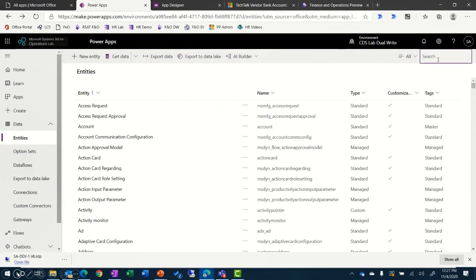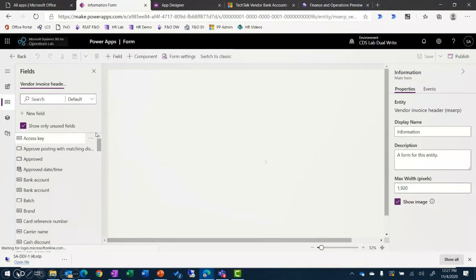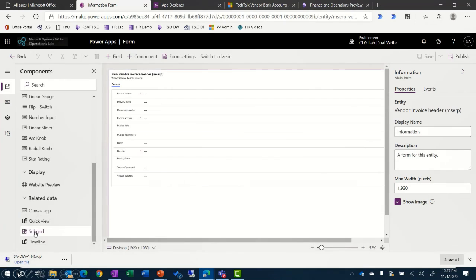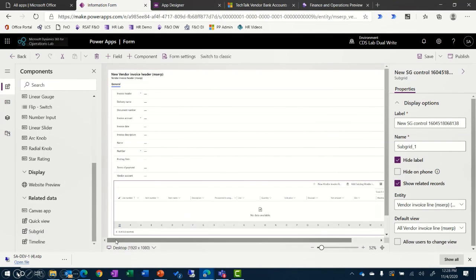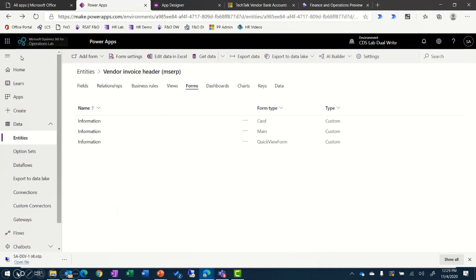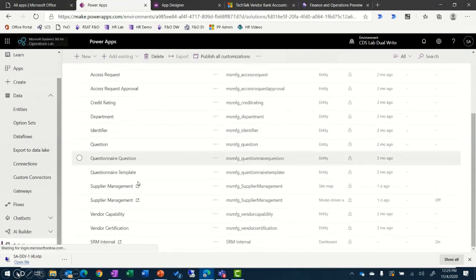And now I'm ready to go back to the vendor invoice header. And if we go into that main form, I'm going to go into components and choose a subgrid. And I just want the related records. It went a little fast there, but basically what happens is there's only one related record, which is invoice lines. So I give it a name. You can see it adds in that grid, and I give it a nice label for that header. So you can see it says invoice lines. Publish that, and so now my page has both the vendor invoice header and the lines, which kind of came